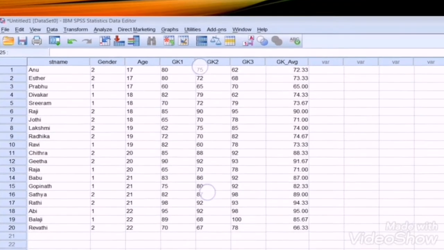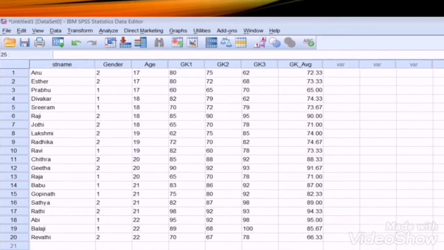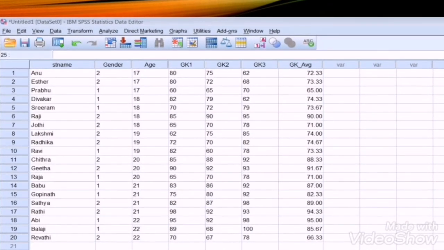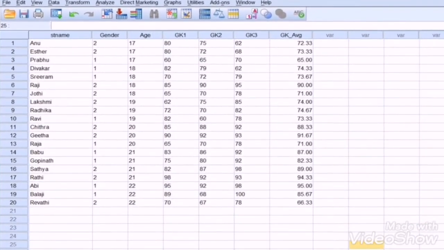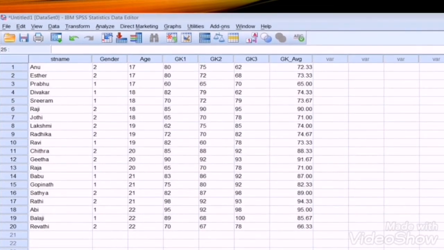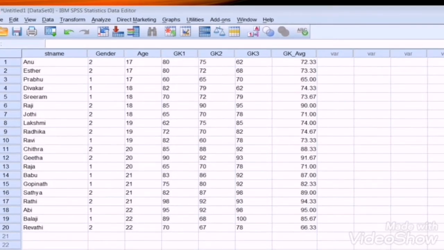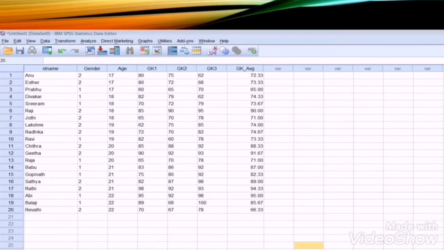So the records originally created now have been rearranged based on age, because we have arranged the age in ascending order. This is how we can arrange other variables also. If we want, we can rearrange GK1 scores, or General Knowledge 2 or 3, using this command, either in ascending or descending order.